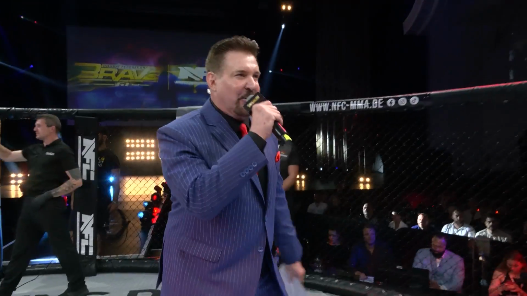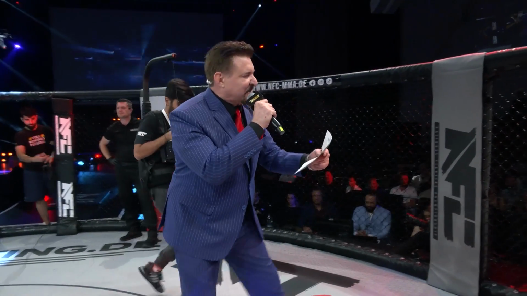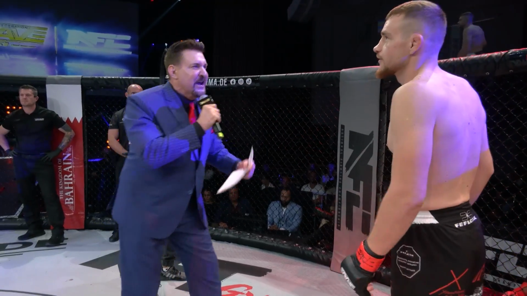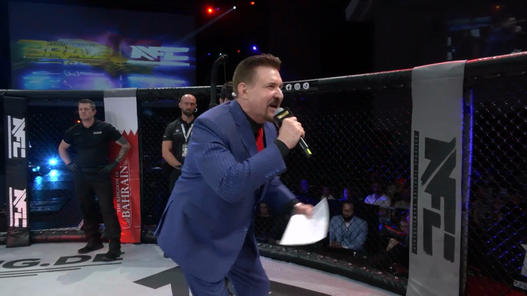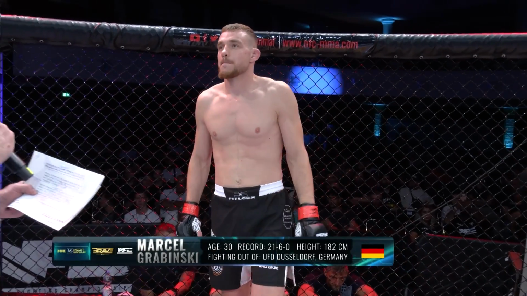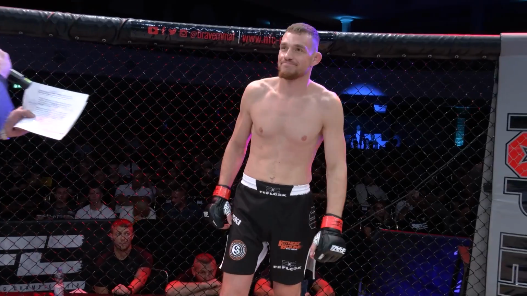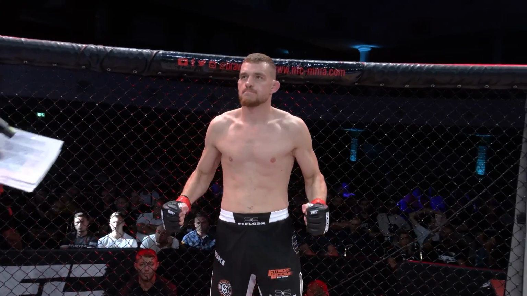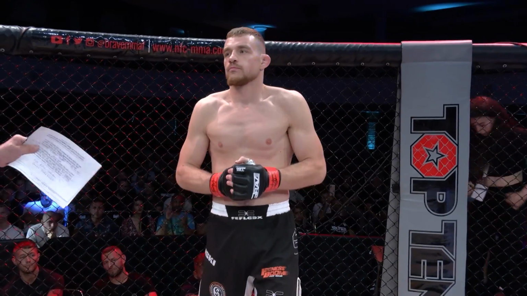And introducing his opponent, fighting out of the red corner. This man's a mixed martial artist with a professional record of 21 wins and 6 losses. He stands 182 centimeters tall and weighs a ready 75.29 kilograms. Representing UFD Dusseldorf and fighting out of Dusseldorf, Germany. Please welcome Marcel Mohammed